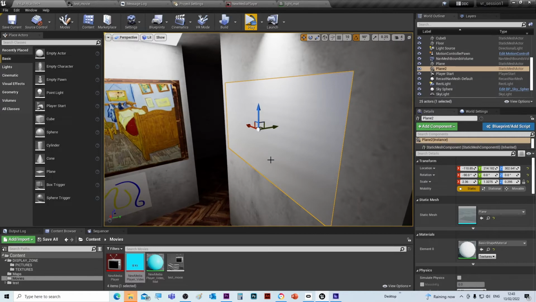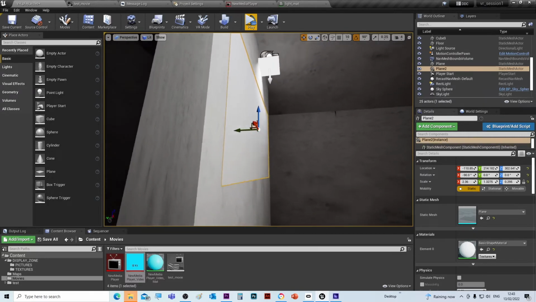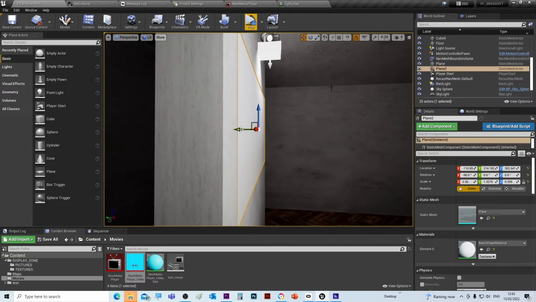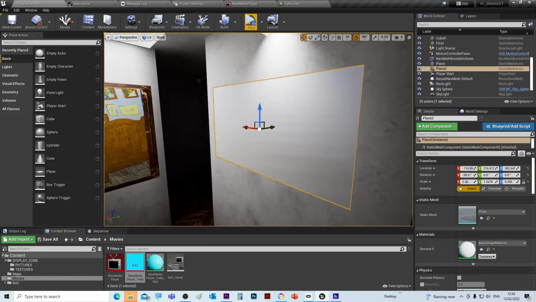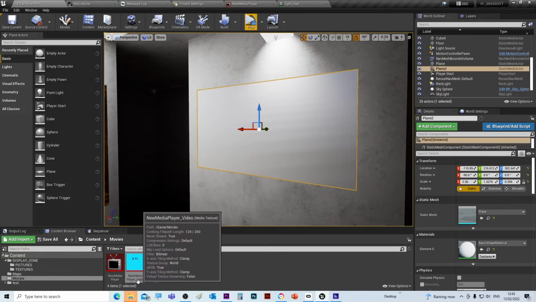Press S on the keyboard, so we can just have a look where it is. Alt key down and just rotate around, and we can just move it towards the wall, just above the wall there, like so. Okay, so now you've got a flat plane ready for this video texture,